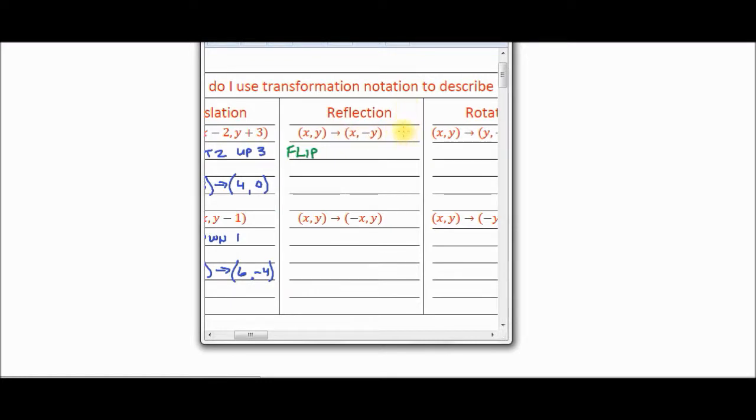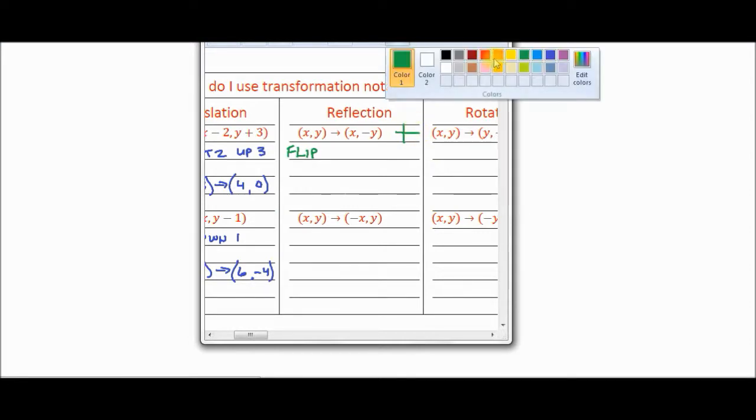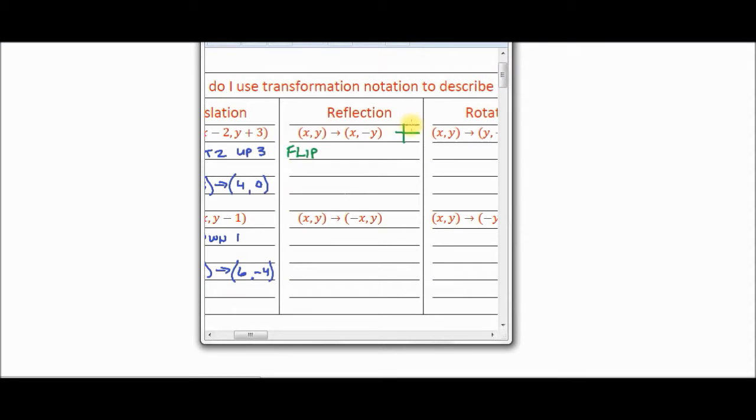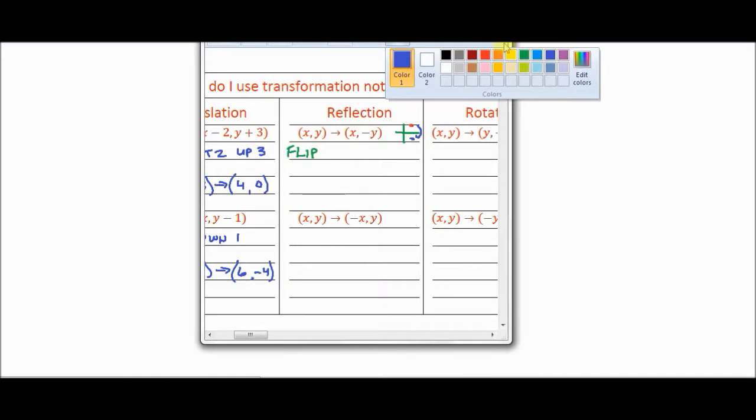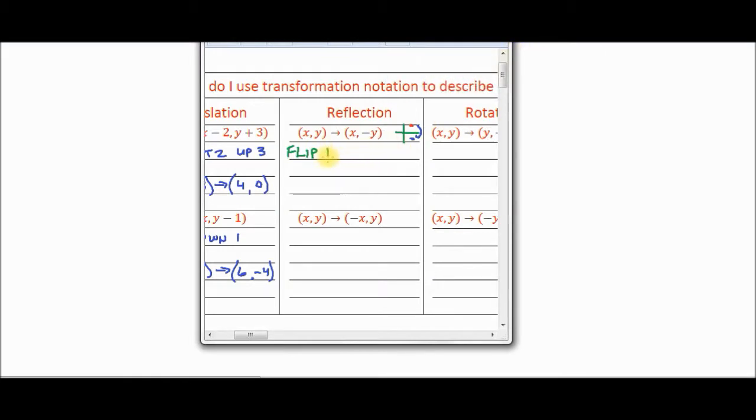Now think about this. If you look at this example on a coordinate plane, if we have an original point on here, let's say it's at this point right here, if the x value stays the same, then we're going to still stay on this vertical line. The y value is going to change to negative, and that means it's going to move down to here. So because we're going to move this direction, we're actually crossing over the x-axis. So this particular transformation notation is a flip across